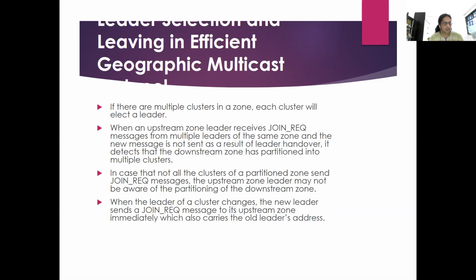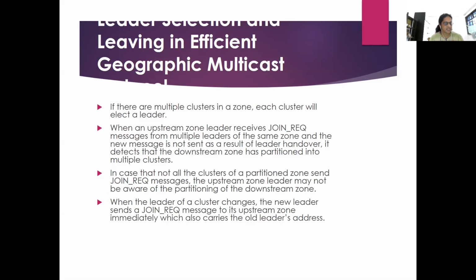When sending a packet to the cluster, it uses the leader's position instead of the zone center as the transmission reference. Even though the leader may move, its position carried in the join request message can still be used as a reference to forward packets to its cluster. When receiving a packet with the position of the leader as the reference, a cluster leader can learn that multiple clusters exist within its zone.